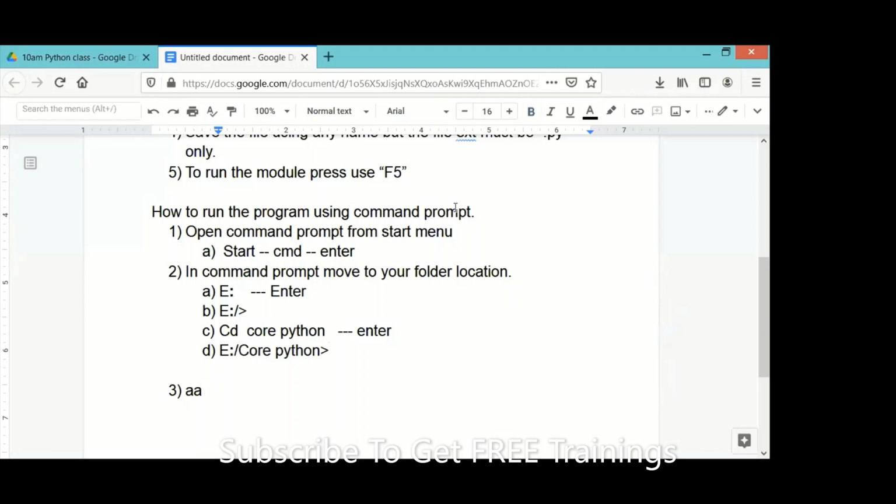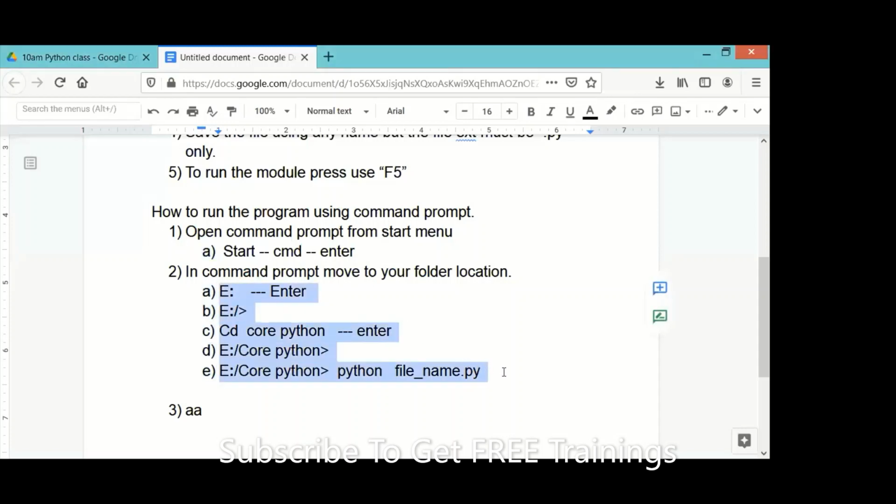Okay. Right. So once you got this, type your command. What is the command I told you? Python, your so-called file name dot py. That's it. Okay? Cool. These are the points.